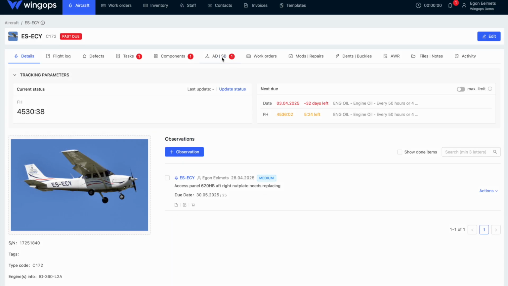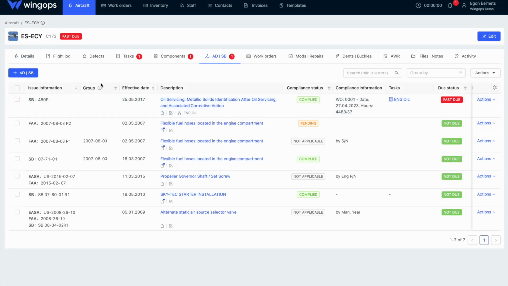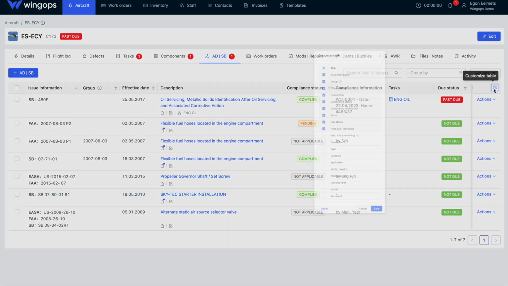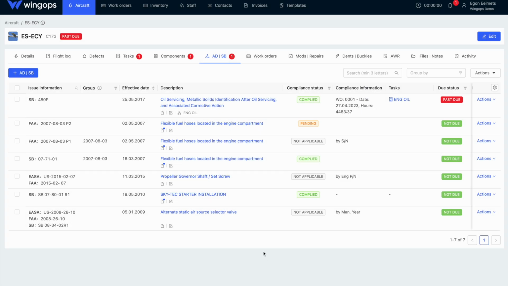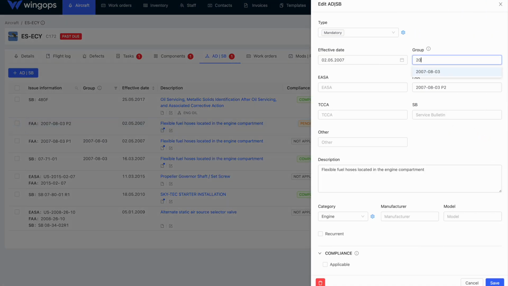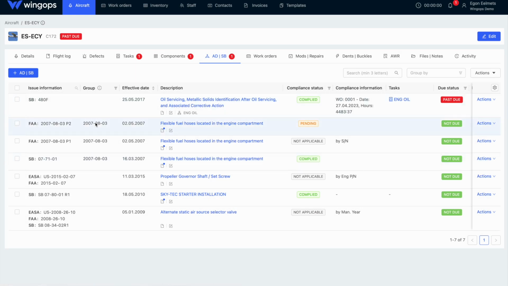We've improved the management of ADs, service bulletins, and related records with the addition of two new standard fields, group and effective date, which can be enabled using the Customize Table button. Multi-part ADs can now be grouped together, along with any associated service bulletins, making it easier to manage related items in one place. When adding or editing an AD, you can specify both the group and effective date, conveniently located